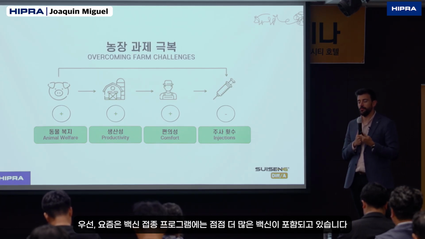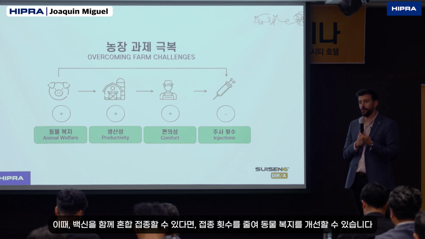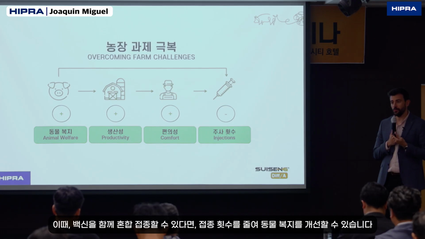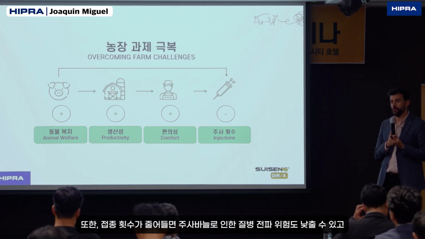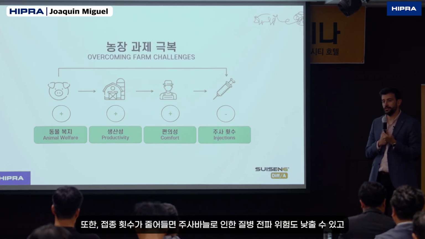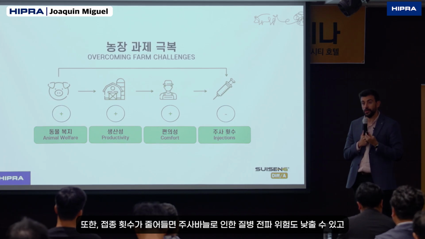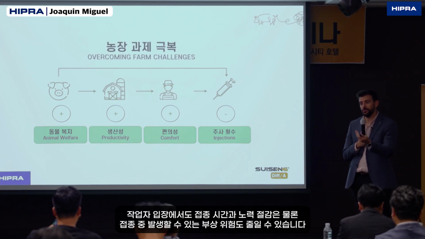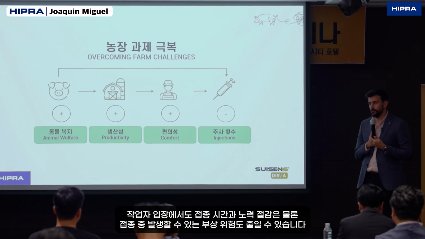Finally, we need to think that every day we are including more and more vaccines in the vaccination protocol, and the more we are able to combine and apply together vaccines that follow the same vaccination protocol, the more we are going to improve animal welfare because we are going to reduce the number of injections. This reduction in the number of injections is also going to help avoid iatrogenic transmission, and for the workers on the farms it is going to save time and reduce the possibility of injuries when vaccinating the animals.